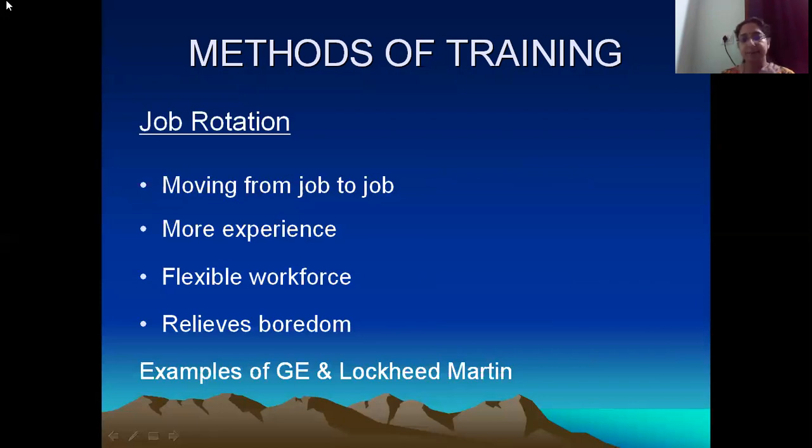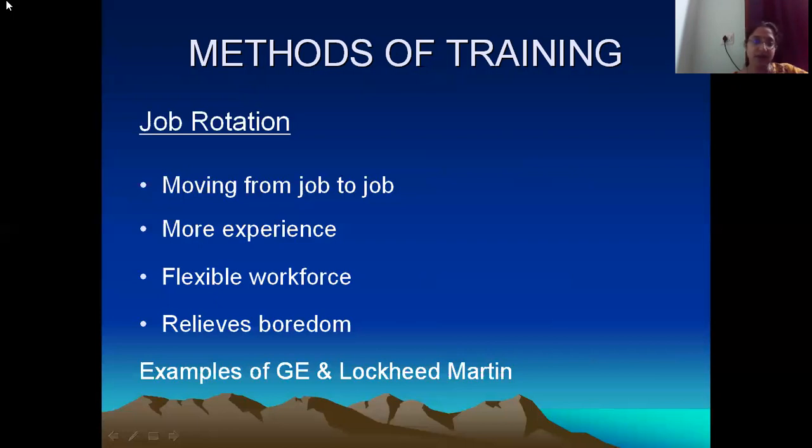So I'll give you one example over here. Take the case of General Motors. In General Motors, there is a policy where the employees who are working in the production line, in the factory, for a certain duration of time, will be involved in the painting job. After serving under the painting job for a week or a little more than that, they will be shifted to another job, let's say welding.